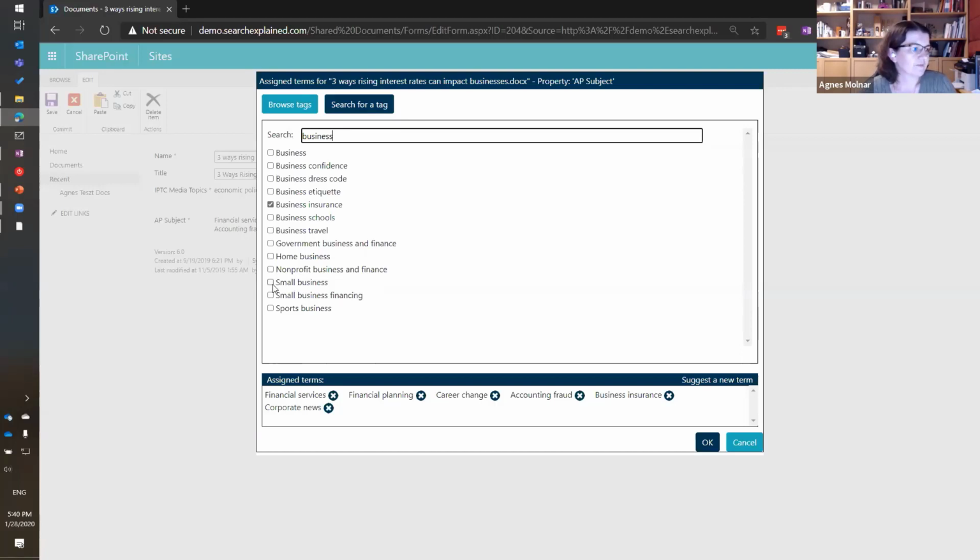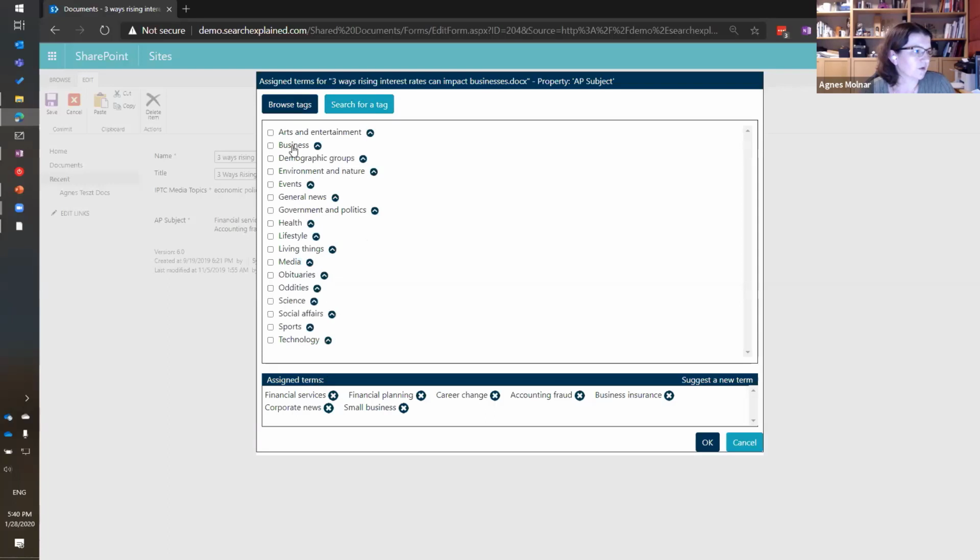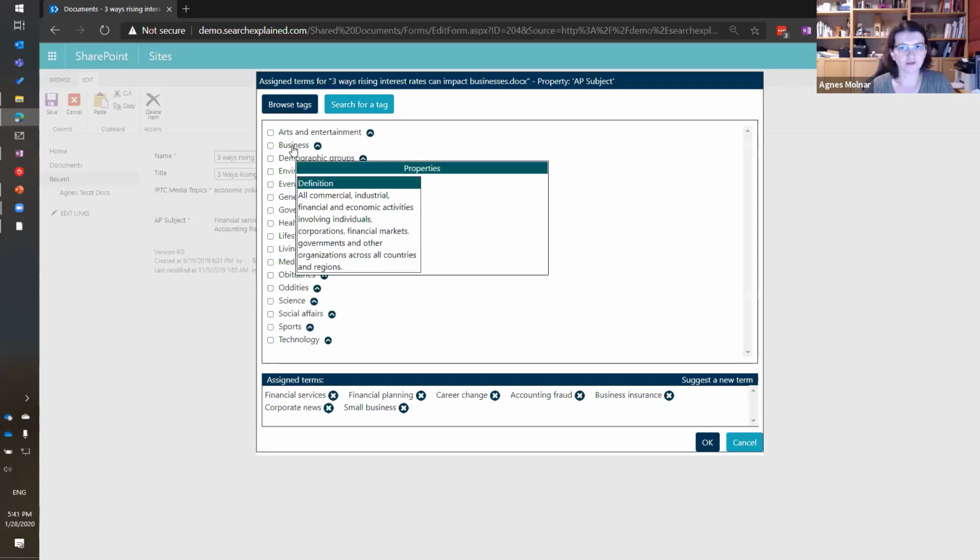So I can select any of those terms, and it will be added according to the rules and the configuration to the assigned terms down here. And if I hover my mouse over any of those terms, you can see that we are displaying additional information, like the definition